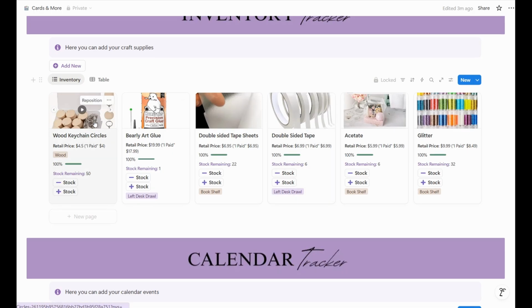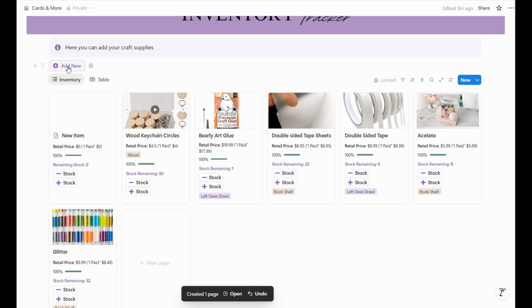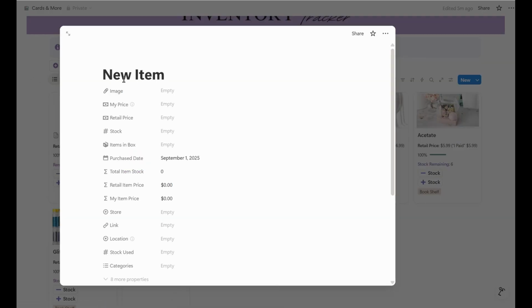This allows you to put all the different supplies you may need to make your codes. So one thing that you always need when making codes is code stock. So let's add some. So I said add new item, and you can see it popped up here. Click on it, and we will change the name